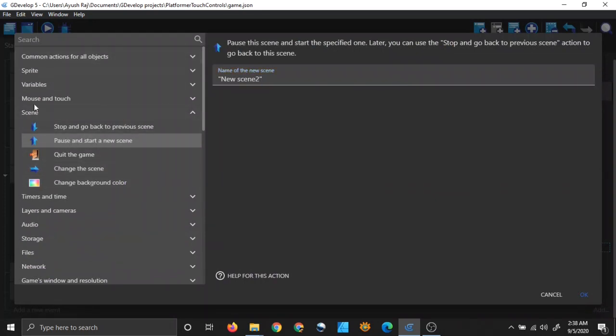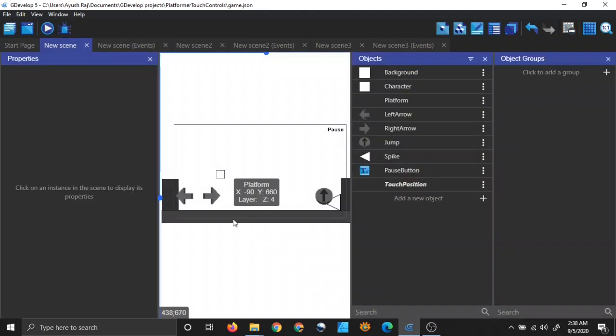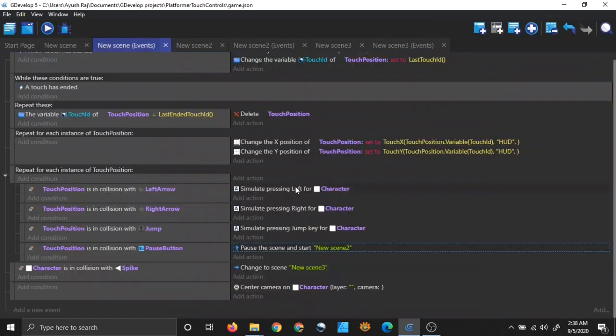You can find it here in scene, pause and start a new scene, and when you click on it, you can see this screen. And here you can select the scene to which you want to go after pausing the current one. I wanted to go to a new scene, so I selected that. Right, so that's how my pause button is working, and that's how my left and right buttons are working. That's how my jump is working.